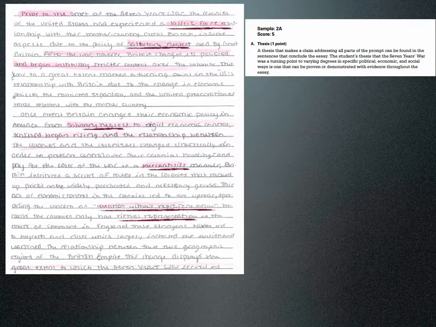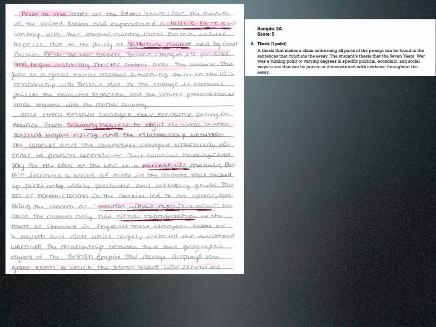and the thesis that the 7 Years' War was a turning point, varying degrees in specific political, economic, and social ways. It can be proven and demonstrated with evidence throughout the essay. And so this is the thesis of the student, and then the student will go on, and you will see that I have underlined in the student copy in the dark crimson. This is that specific evidence that the student is going to use to make their point. Laissez-faire, salutary neglect, mercantilist manner, taxation without representation, virtual representation, and these are all specific evidence that the student uses